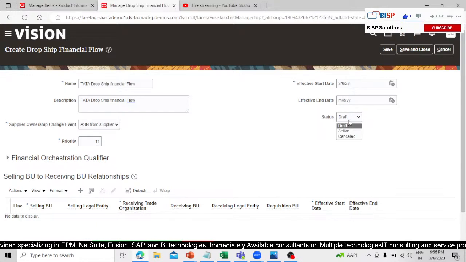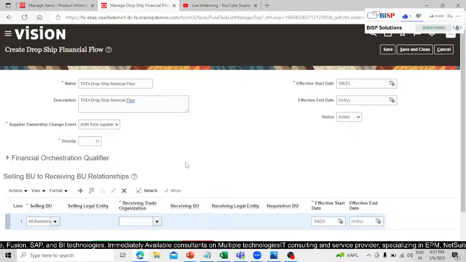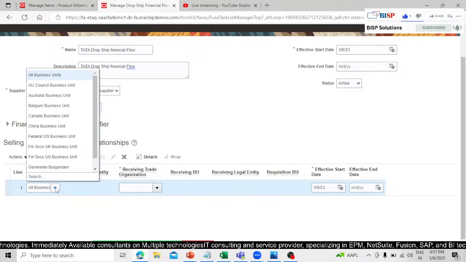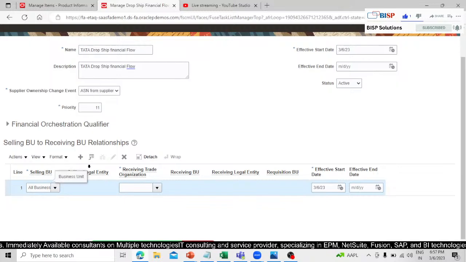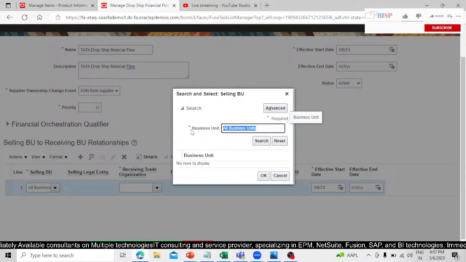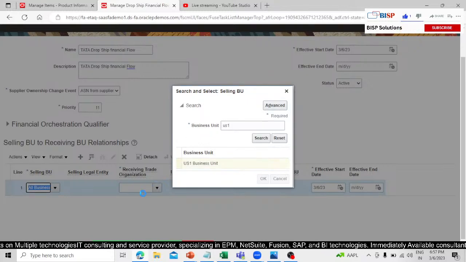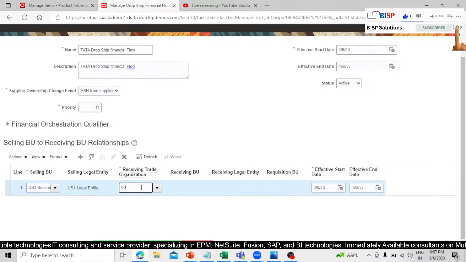And what is the status? It must be active, right? This is the main thing. And at the bottom we have to define our business unit over here, right? What is the selling business unit, what is the receiving, right? So as per your requirement, we have to set our business unit. And let's define our business unit, this one. And we have to define this organization,